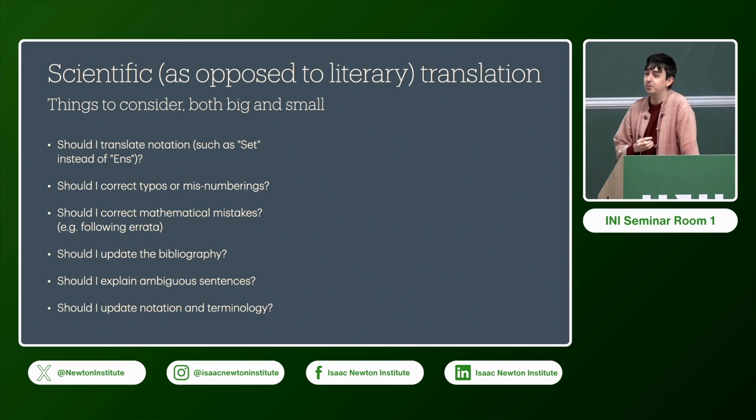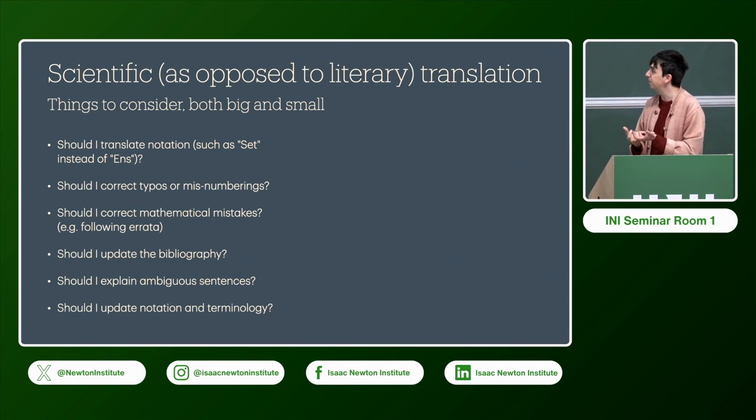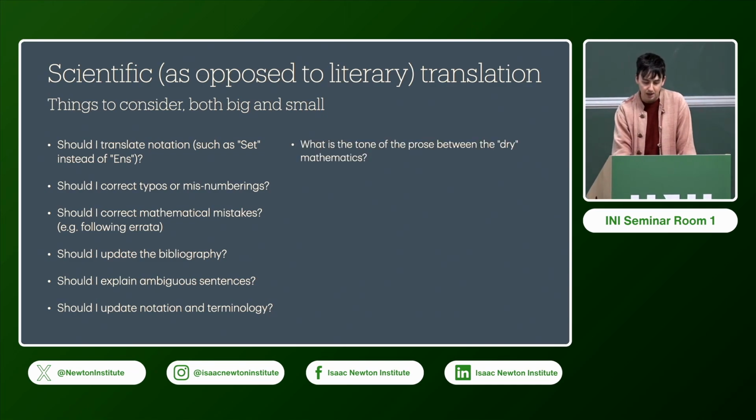What if notation and terminology has changed? This is a big one I've seen again in the Erisman paper. Do you update it? The biggest one I've seen is the use of an arrow, so in LaTeX like a backslash rightarrow versus a backslash mapsto. So this arrow with a bar at the end of it is used to show what actually happens to elements under a function. This really wasn't in use back in the 60s and 70s in a lot of French papers, but nowadays a modern reader would be confused by seeing the normal arrow used for both. So should you update this or not?